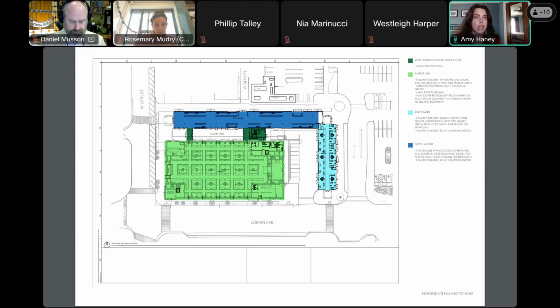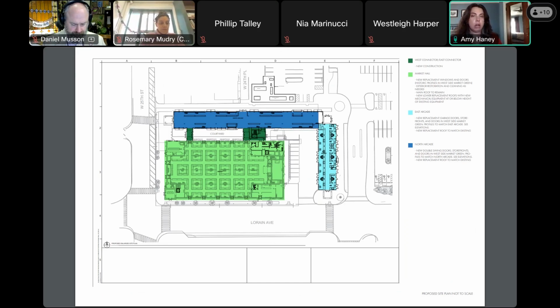The North Arcade is where the program inside will be changing. It's currently used as the produce vendor stalls. We are proposing a new kind of program for that, which is a food hall type of vendors. Some of these vendors will have a hood with a food prep area.